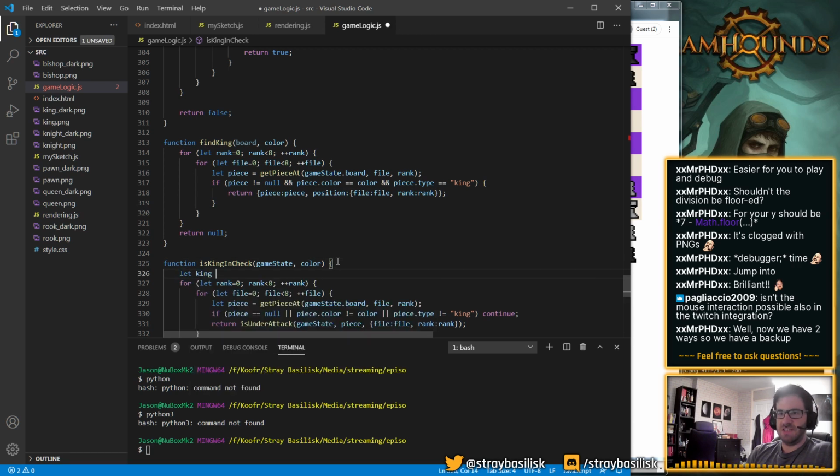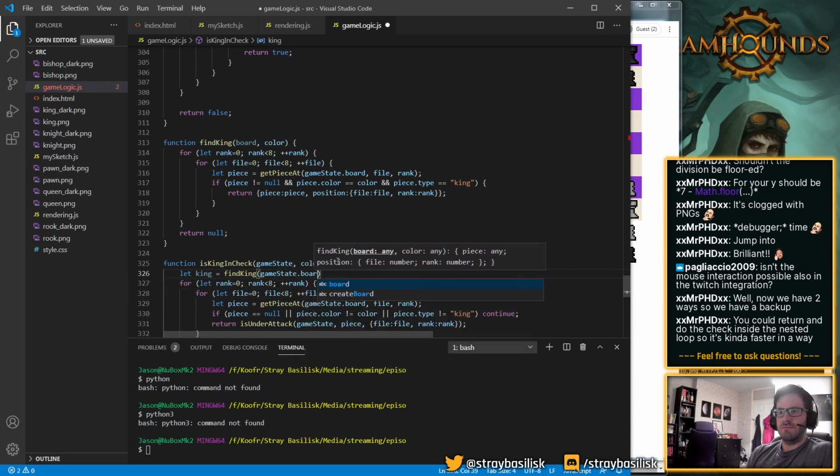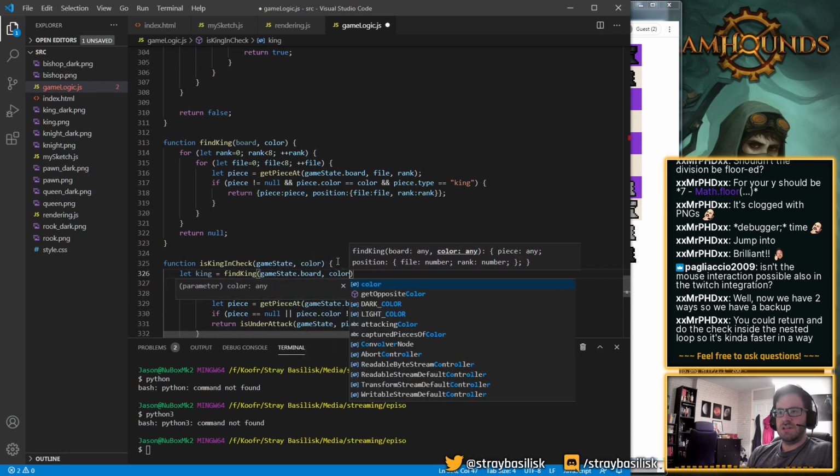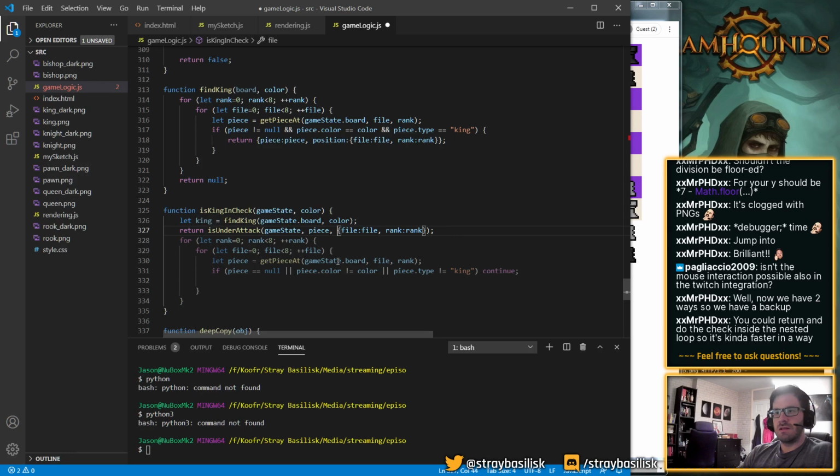So let king equal find king, this.board, color, keep the piece position.